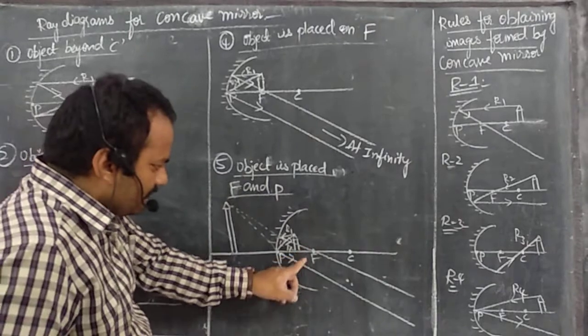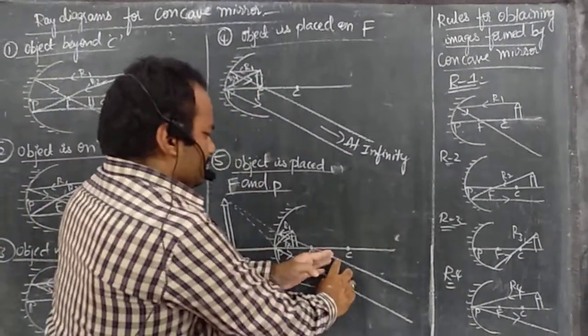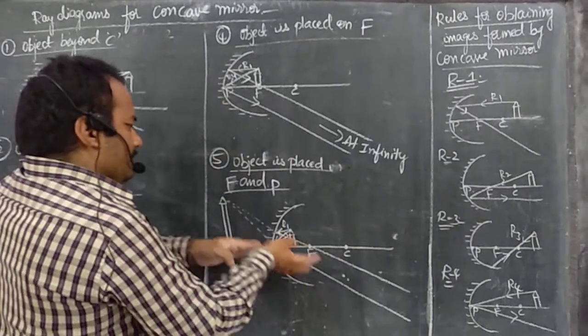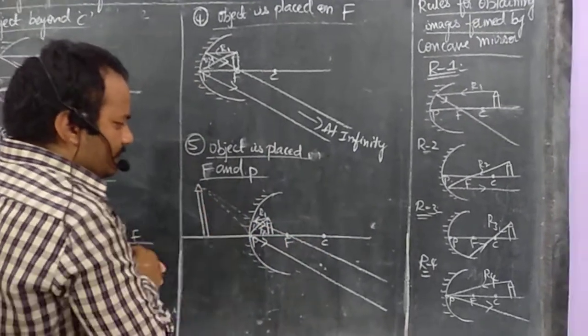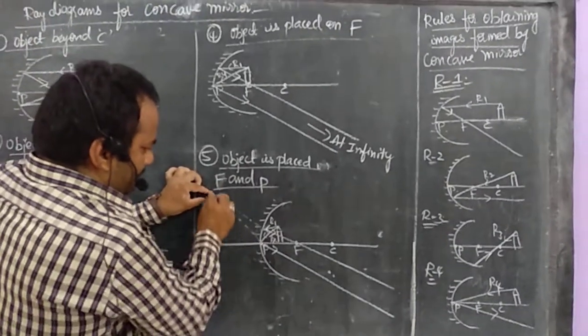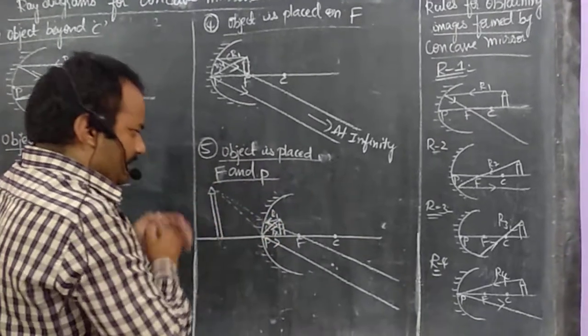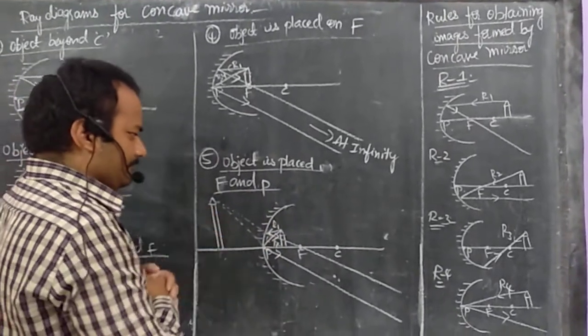Now, see these two reflected rays. Now, they will not give the image on this side. They will give the image of the object behind the mirror. So what should we do with the help of dotted lines? We should make them meet at one point. And there only we should draw the image of this object. How is the image looking?